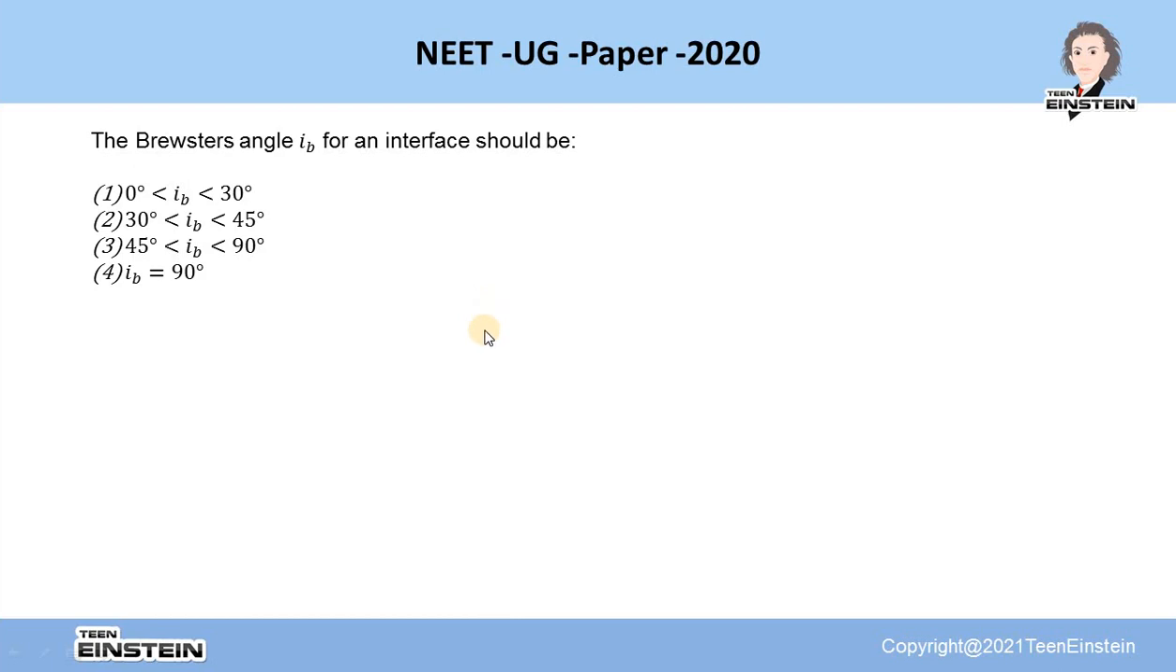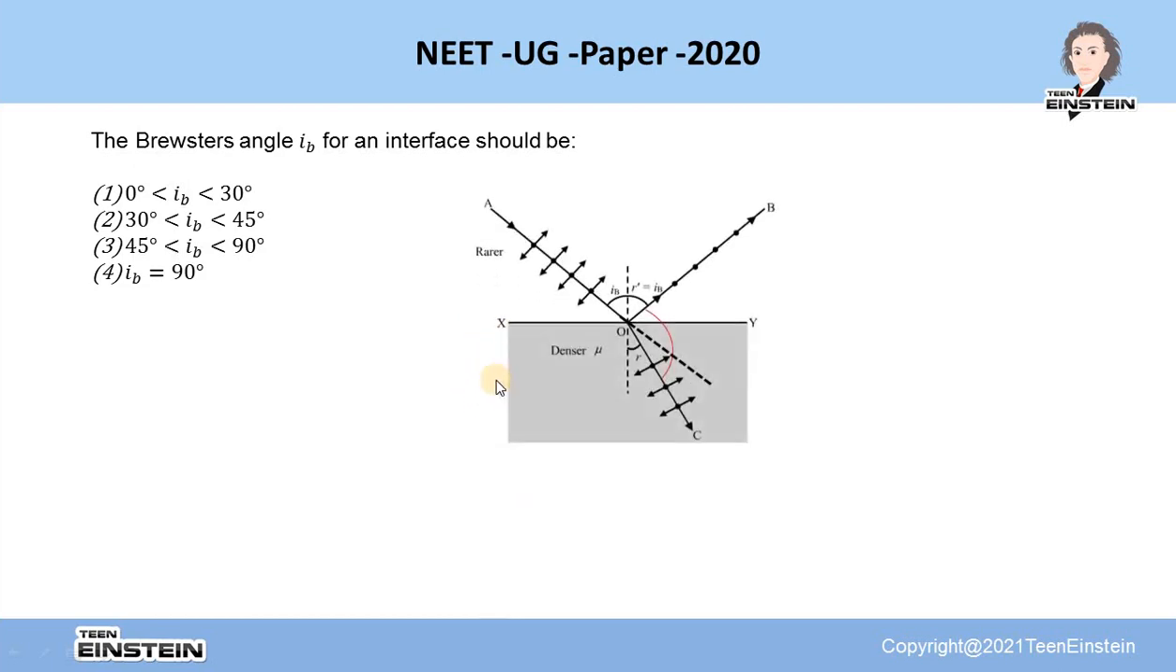So this is from Brewster's law. So let us understand a little bit about Brewster's law. According to Brewster's law, if an unpolarized light which has electric field vibrating in the plane and electric vector vibrating perpendicular to the plane of the paper, it is incident at an angle iB, then a part of light gets reflected and another part gets